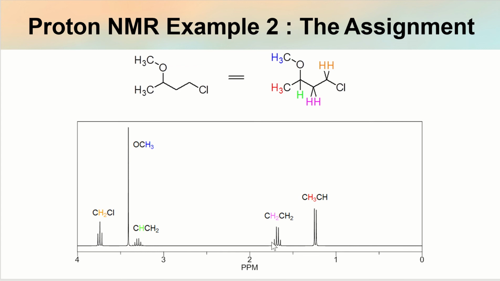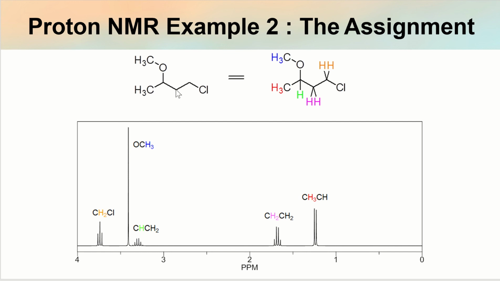And then finally, the more shielded protons are, I'm sure you would have guessed it, the methylene here, which is a couple of bonds away from our electronegative atoms. And so that resonates at about 1.5, so 1.6-ish, right? And that's for these methylenes here, and of course they are